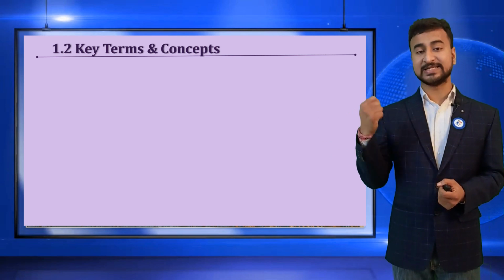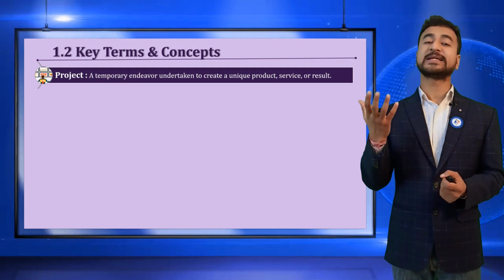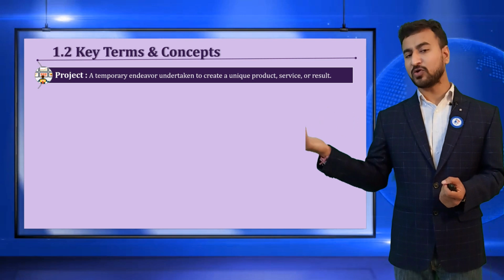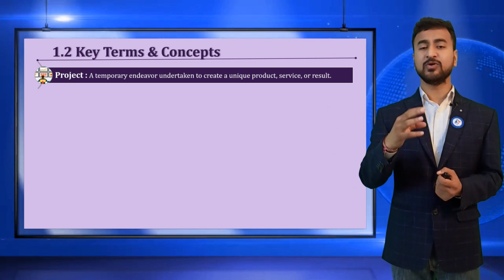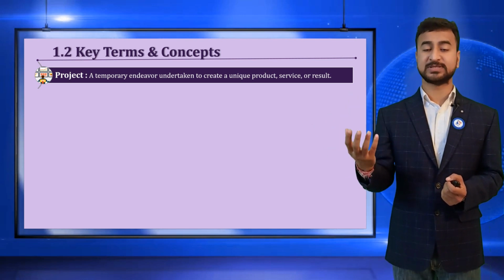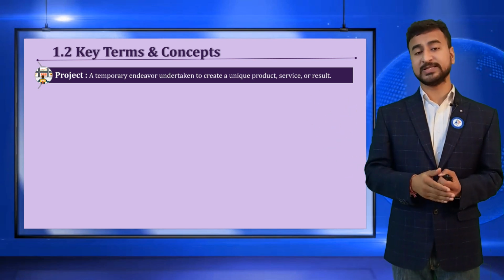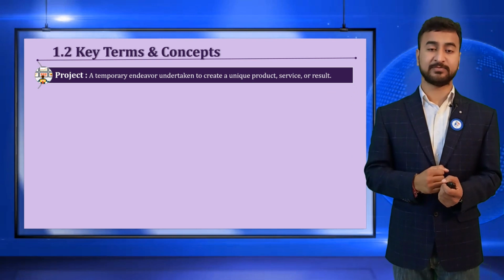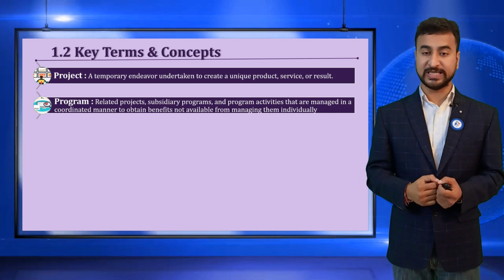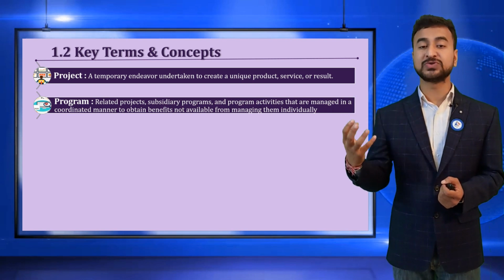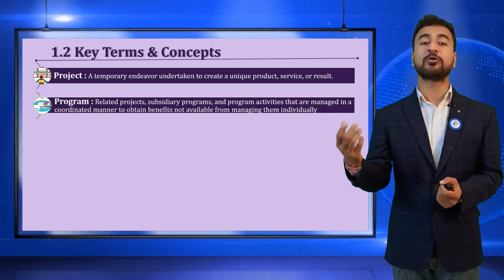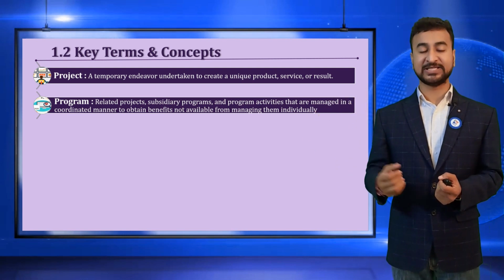The first definition is the project. What is a project? A project is a temporary endeavor undertaken to produce a unique product, service or result. Irrespective of what the product is or what kind of service, you can apply those principles, tools and techniques of project management. Program: a group of interrelated projects is called a program, used to achieve a higher objective, outcomes or benefits that cannot be achieved if we manage the projects individually.